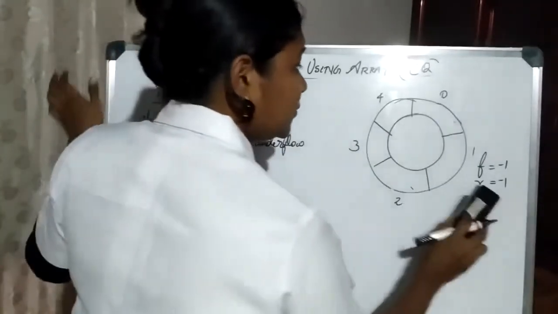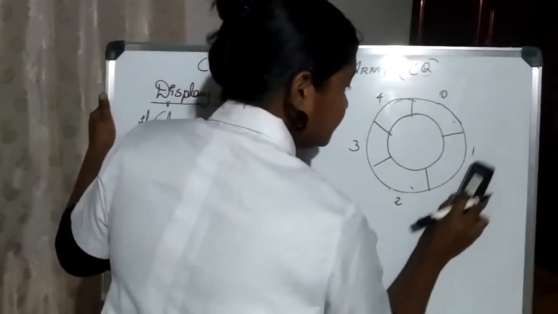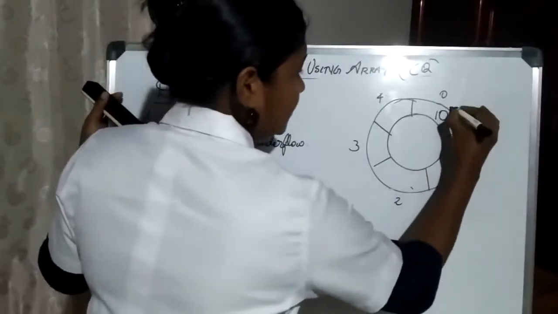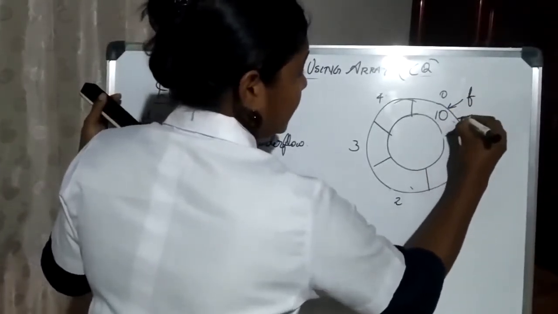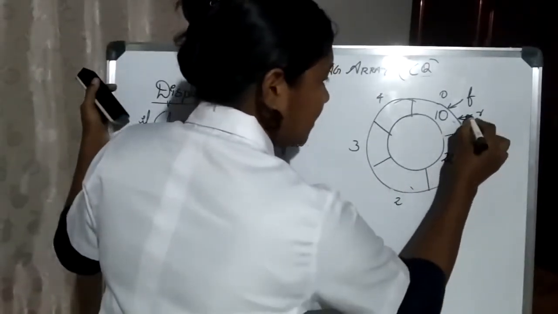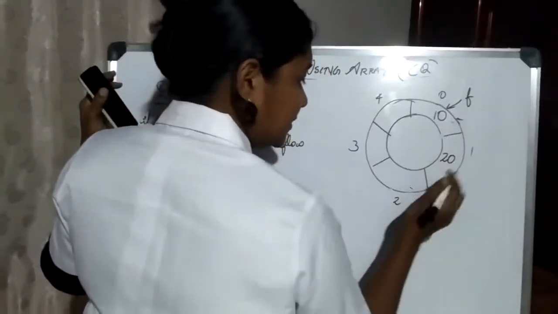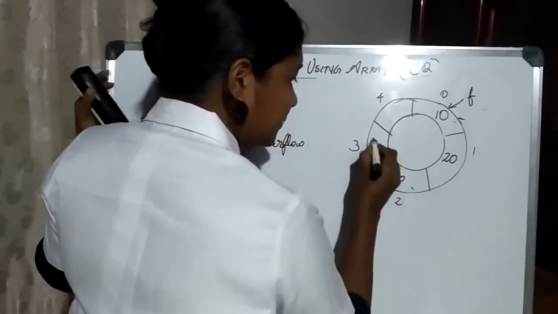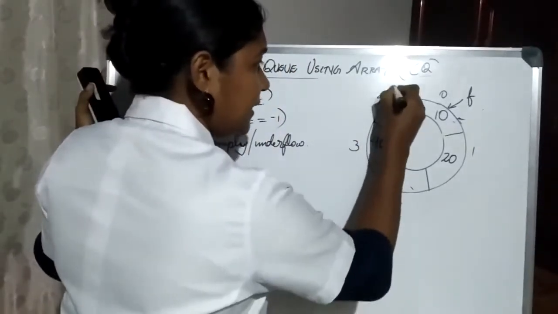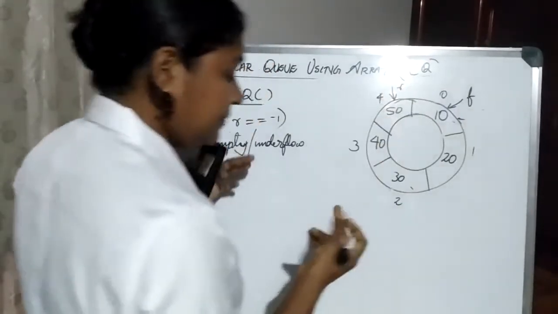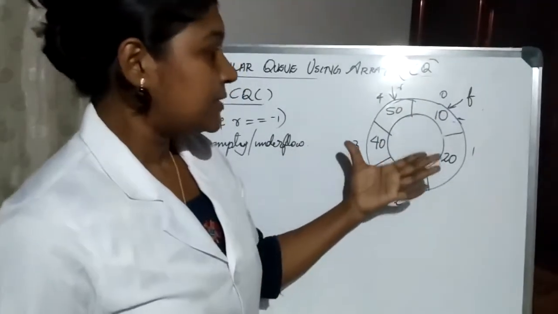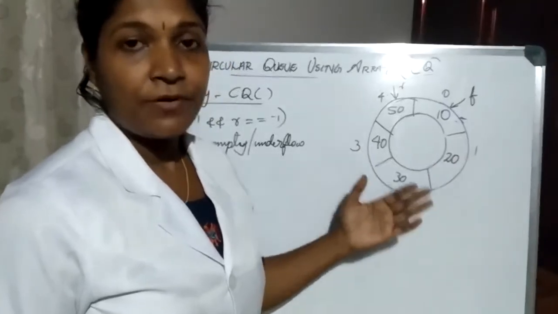So suppose in this queue there are some elements. On entering 10, front and rear will be pointing here. Then I am entering 20, so R moves to this position. Then 30, R moves to this position. 40, R comes at position 3. Then 50. So right now, R is here. Front is at position 0. In this case, displaying these elements of a circular queue is the same as that of our normal queue.